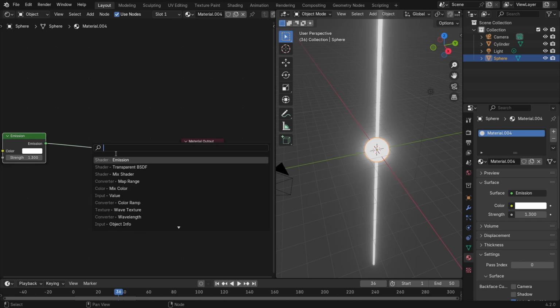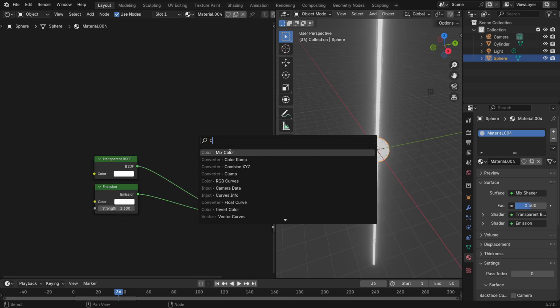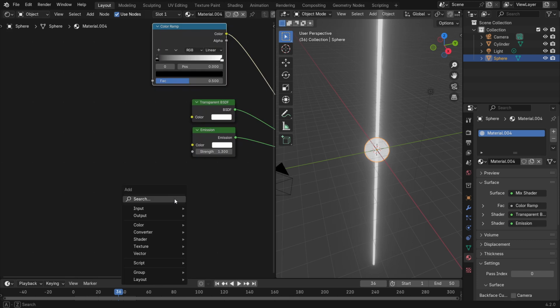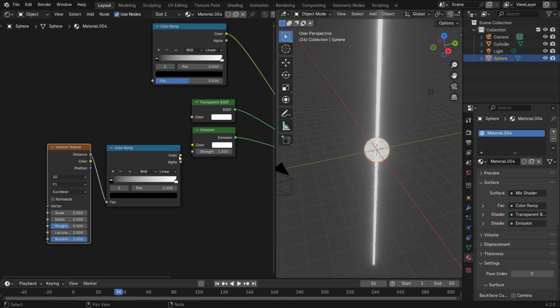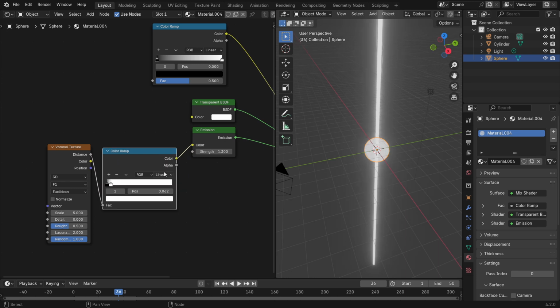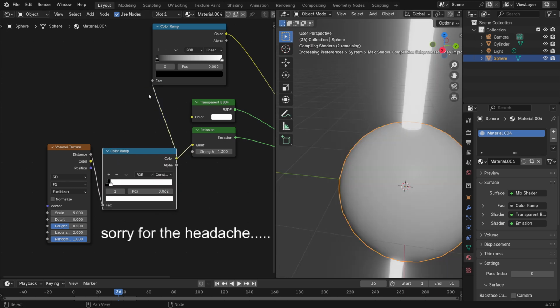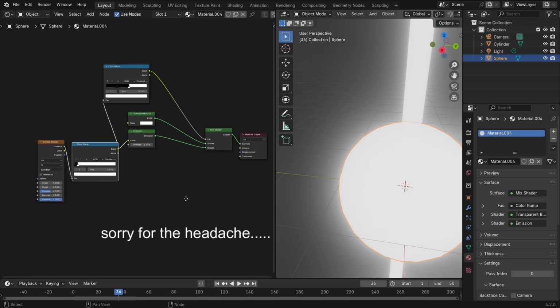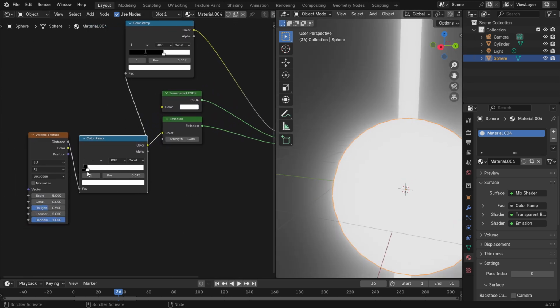You're gonna want a mix shader and a transparent BSDF. You're gonna want a color ramp. Come over here and grab a Voronoi texture. Copy this color ramp over here, plug this into there, and this into there. Drag the white over there and change this to a constant. Drag this color into this color ramp. Change this into a constant as well. You're gonna want them looking like this for now, because this will be animated